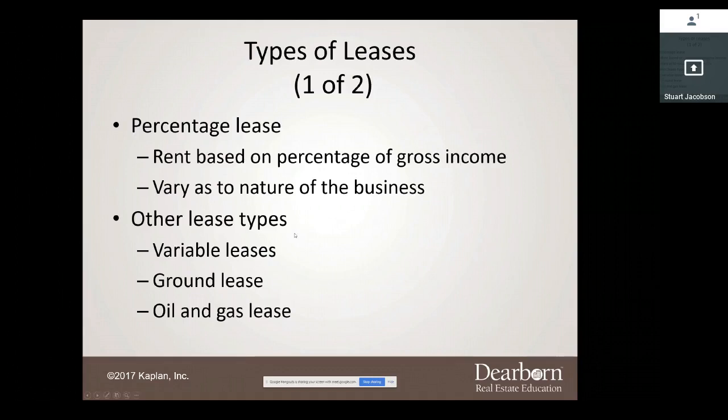The other ones you can read about in your book, they're really not as important as the three that I just went over, which were your gross, net, and percentage leases, which are your commercial leases. But that is all she wrote for